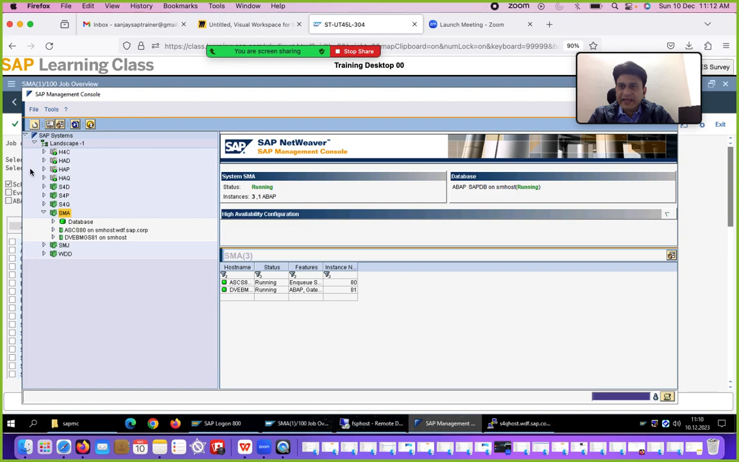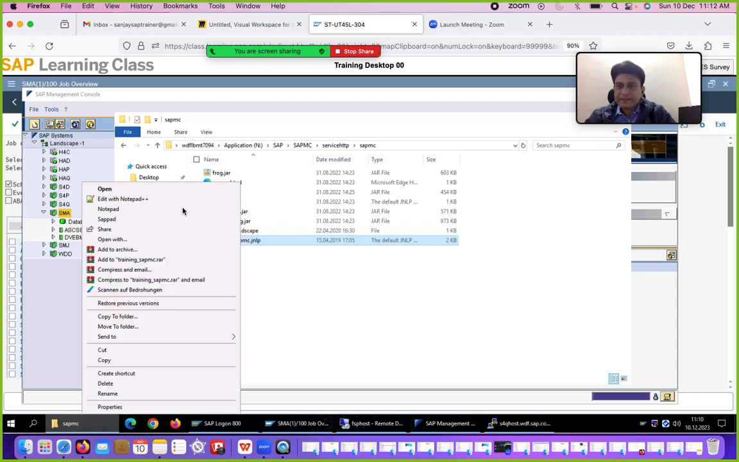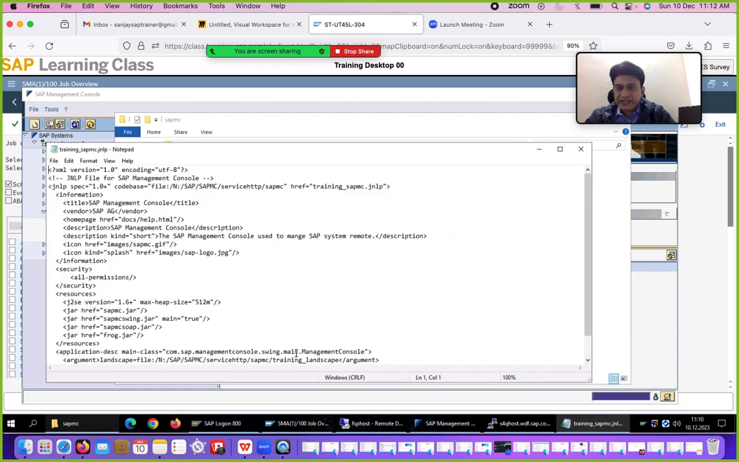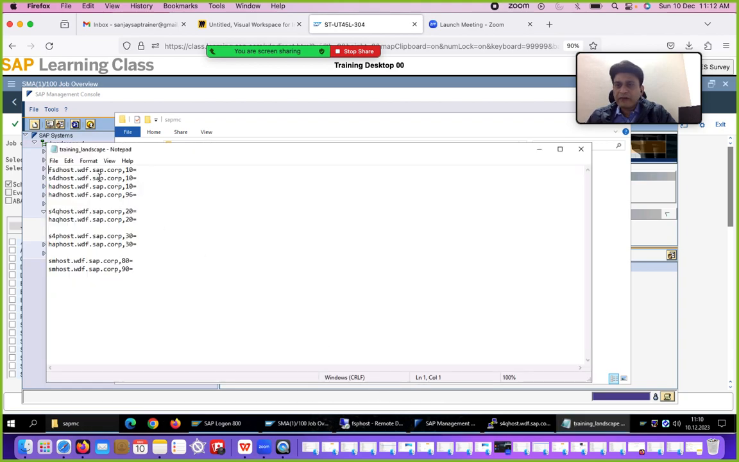These systems are coming here because we have a default training landscape file. If I go to the training SAP JNLP file, it is mentioned here: training landscape file. In the training landscape file we have mentioned the host name of the message server and the instance number. So by default we are getting FSD, S4D, HAD, S4Q, HAQ, S4P, HAP, SM,